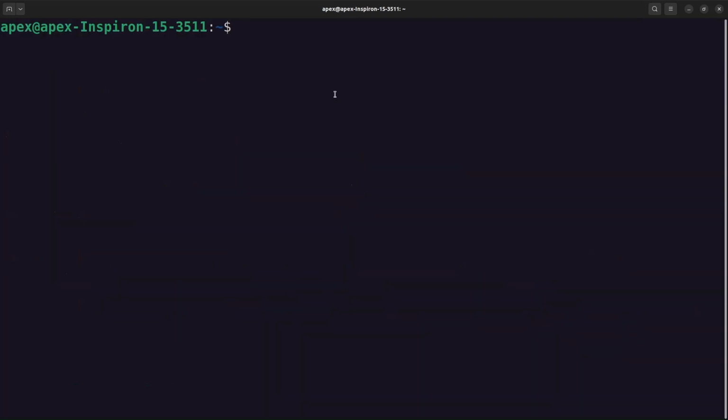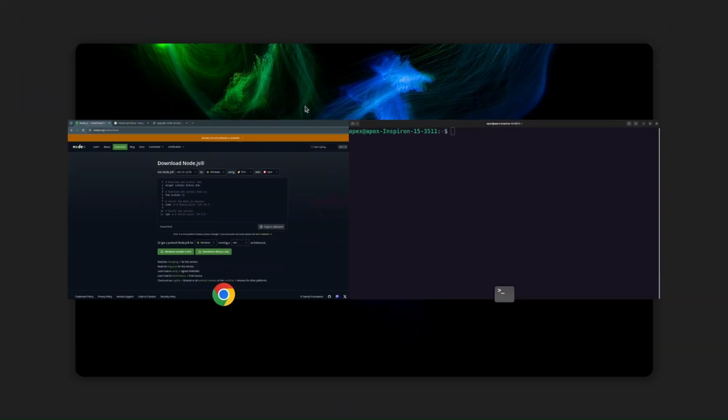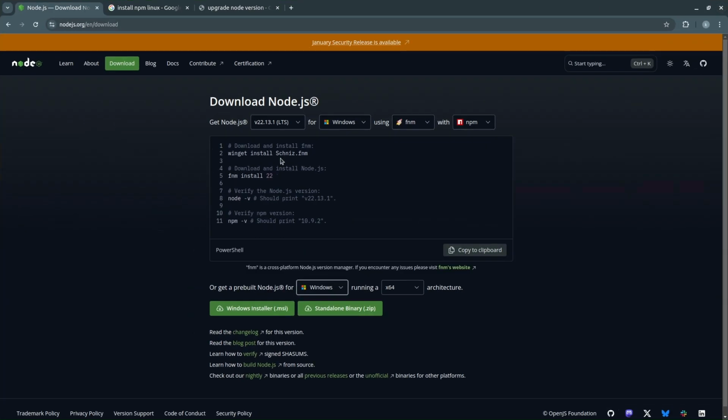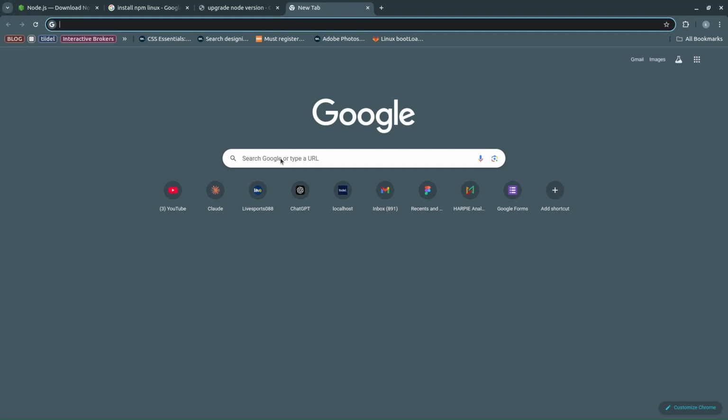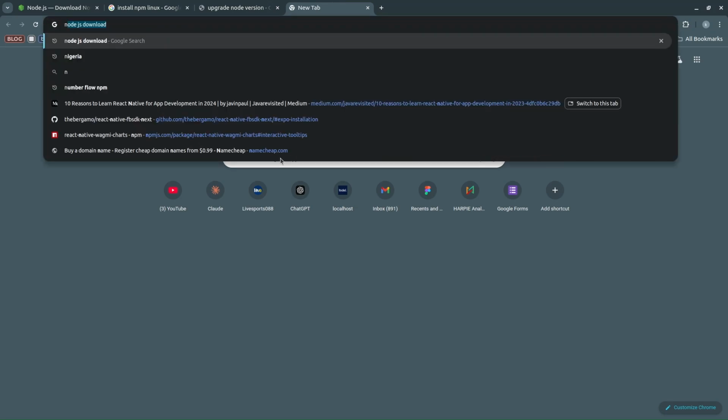And once you have that installed, what you need to do is install n. n is an npm package that will enable you to upgrade your Node version either to the latest version or to the latest stable version. So I'm going to show you how to do it on Google so that you should be able to do it later on. What you need to do is go to Google